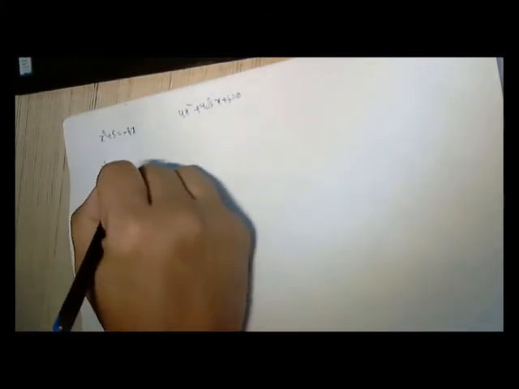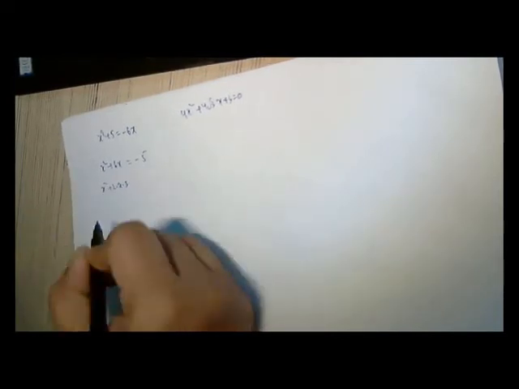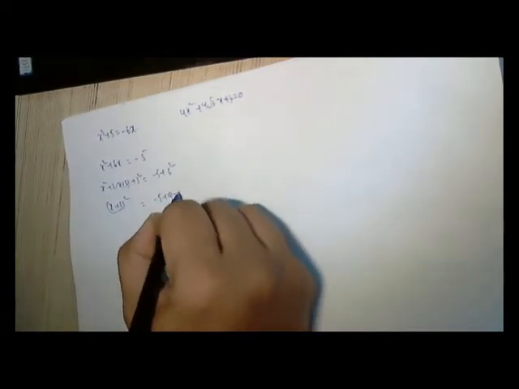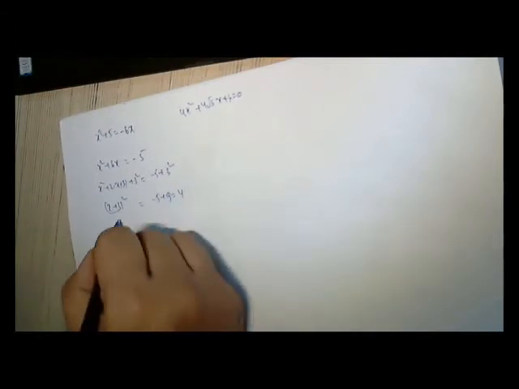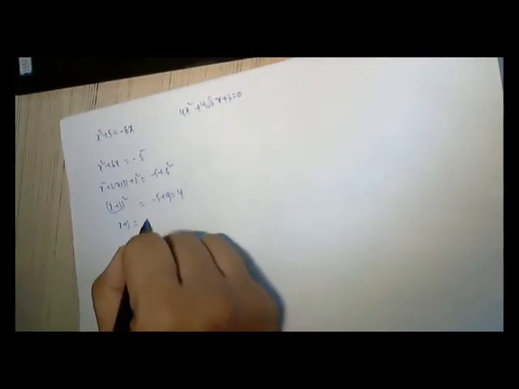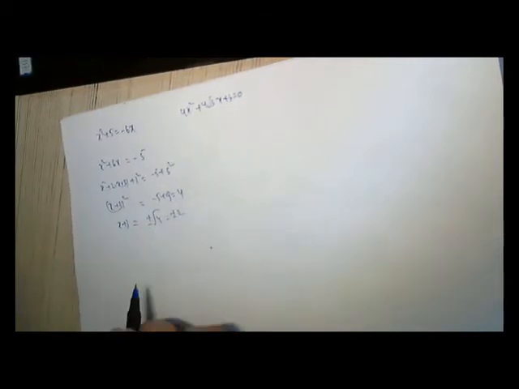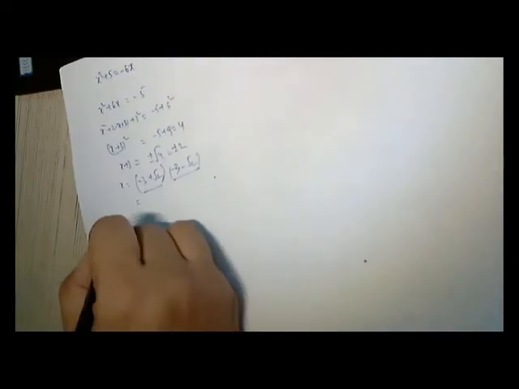Let us see. This I will do with the completing the square method. x square plus 6x is equal to minus 5. So x square plus 2 into x into 3, so b is 3, plus b square is equal to minus 5 plus b square. So what is it becoming? x plus 3 whole square is equal to minus 5 plus 9, that is 4. So when rooting both sides, x plus 3 is equal to plus or minus root 4, that is plus or minus 2. So let us see by substituting in the formula.